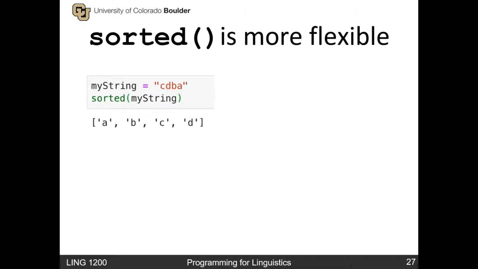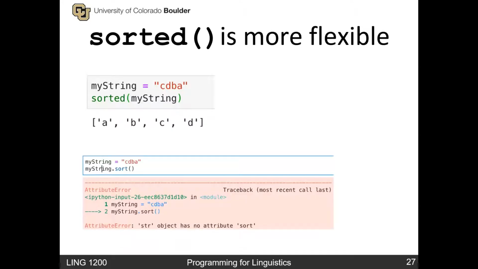It's much more flexible. For one thing, as you can see, it's a function, not a method, so it's not specific to lists. You can also call sorted on strings. So the string CDBA can be sorted with sorted. However, note that it's not returning a string, it's returning a list with each of the elements in that string as an element in the list. So sorted always returns a list of sorted items, but you can call it on anything that can be looped